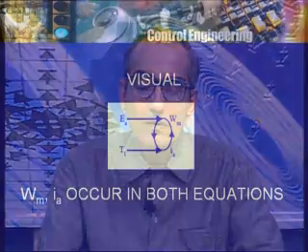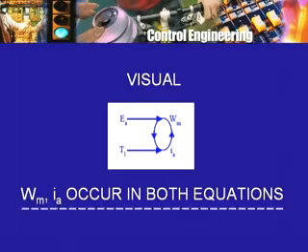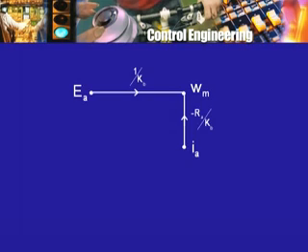How shall we relate the two? Unfortunately, omega m and IA appear in both the equations. So we will have to make a choice. I can either use the EMF equation to get an expression for omega m as a sum of two terms. That is not very difficult. It will be as follows: